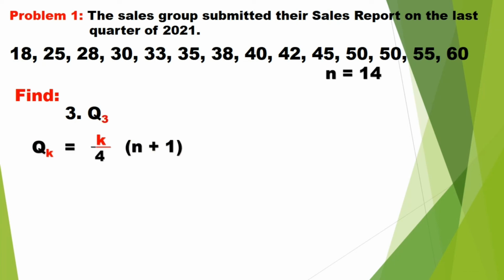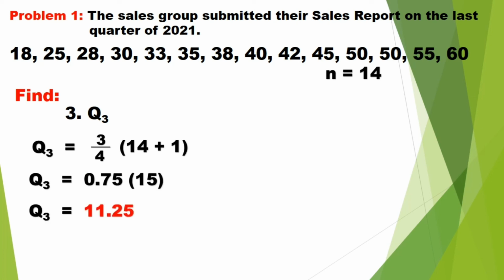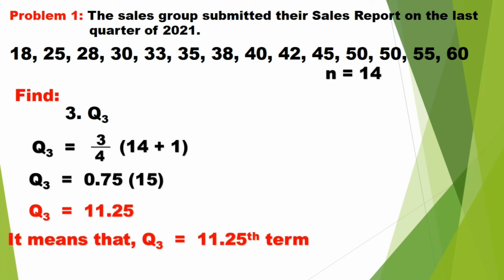On the problem, K is equal to 3 and N is equal to 14. Again, our general equation will be Q sub 3 equals 3 over 4, quantity 14 plus 1. Again, simplify 3/4 by division. Its quotient is 0.75. Simplify also on the parentheses, 14 plus 1 equals 15. 15 times 0.75 equals 11.25. It means that the third quartile is located on